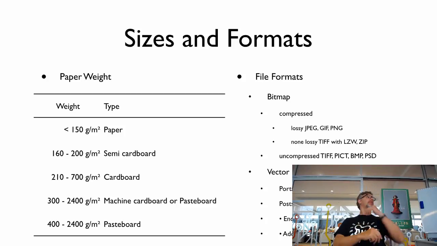File formats. We talked about this before, in terms of the file being smaller or bigger, right? And one of the things that is being done, of course, is that we don't want to clog up people's hard disks too much. So we try to keep it small, and we use something called compression to make it smaller, right? So if you take an image and you save it as a JPEG,